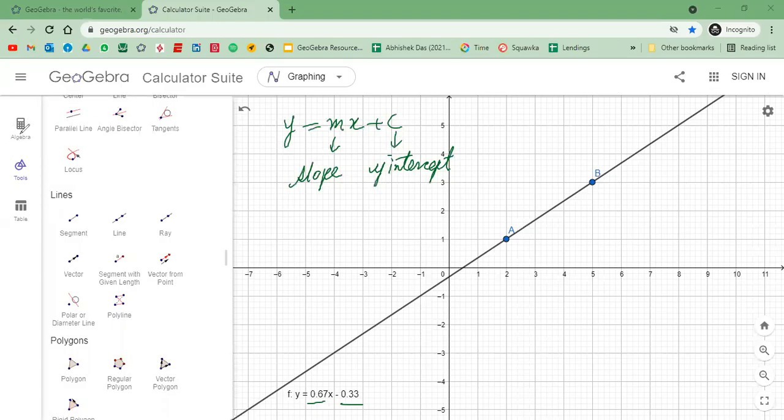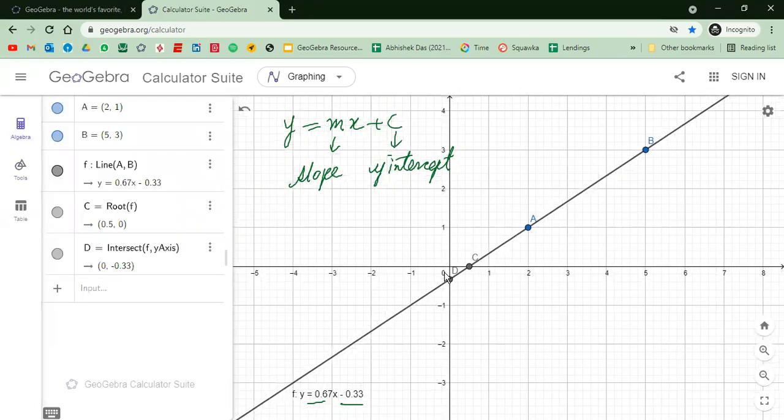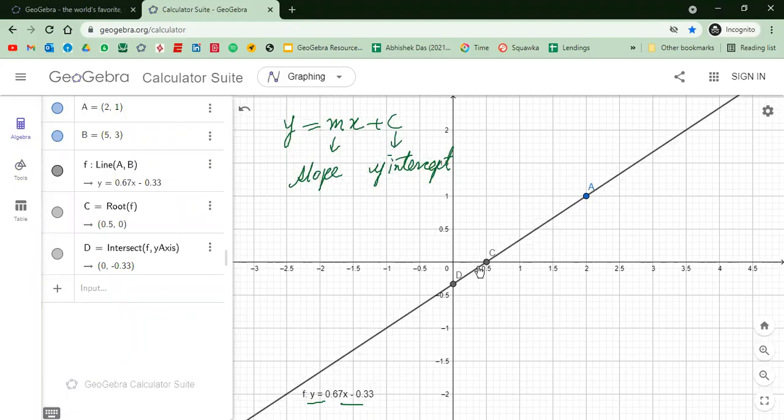If I go to this algebra, all right, and click on this 3 dots out here and click on special points, you will see 2 points appearing, C and D, right? If I click on C, you will get the coordinate. Okay, let me show the coordinate. It has got the value 0.5, 0. On the y-axis, you will see this coordinate, which has got minus 0.33,